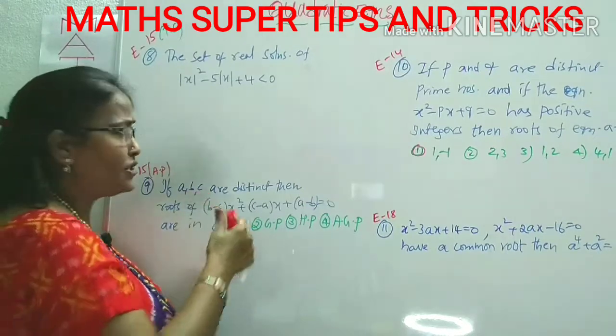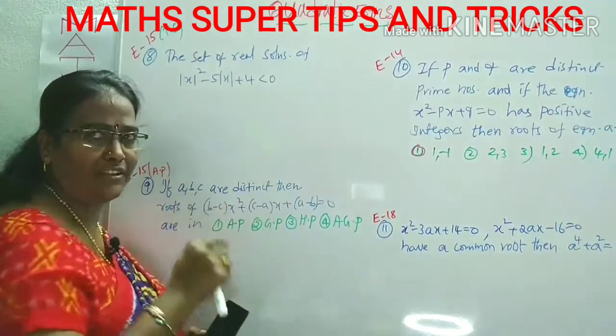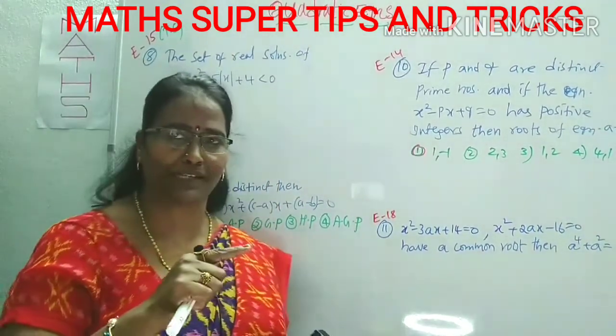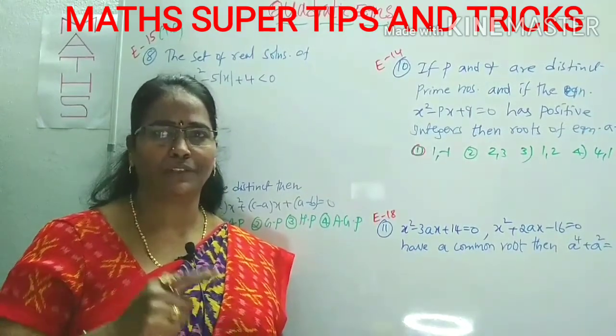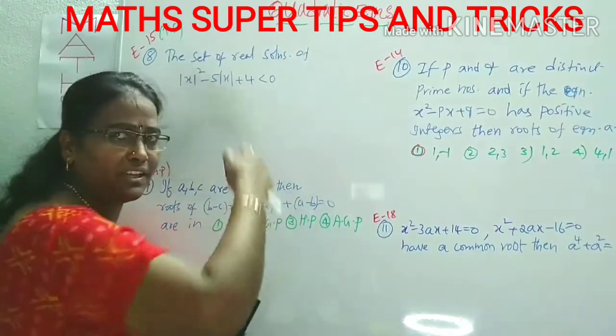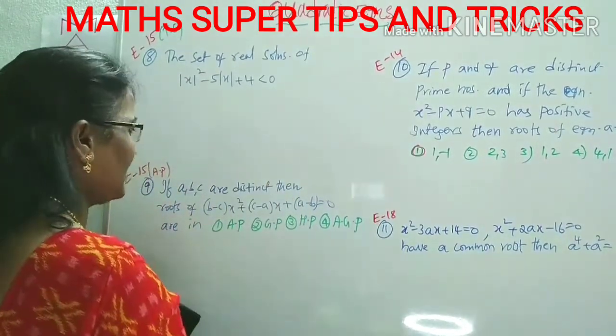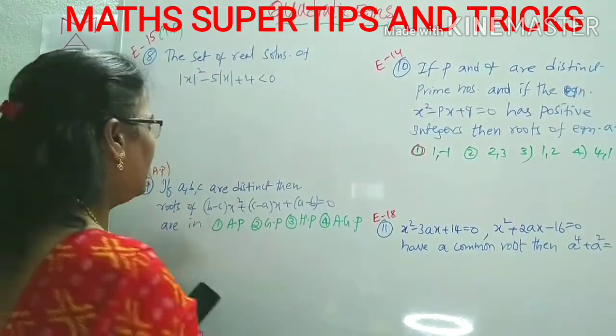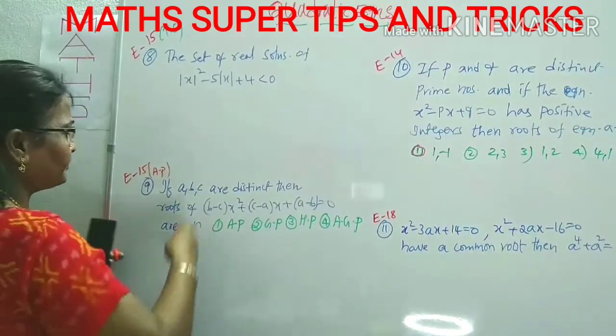But in those two questions there is an equation, while here there is an inequation. Inequation means greater than 0, less than 0, greater than or equal to 0, less than or equal to 0. Those are inequations. If inequations are given, you can follow the same process, but the final solution will be different. First of all, you can factorize it.